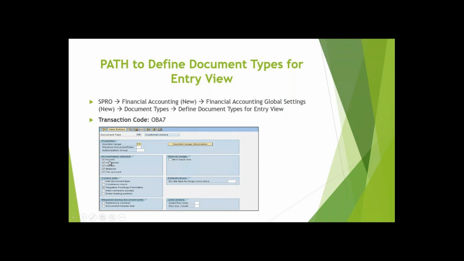Now this document. Think that I will be doing only asset and general account. I don't want these three. For this, I will create one document type. So the document type can be DR. So for that, I can allow for my employee in the year 2021 how many transactions I want to allow him.